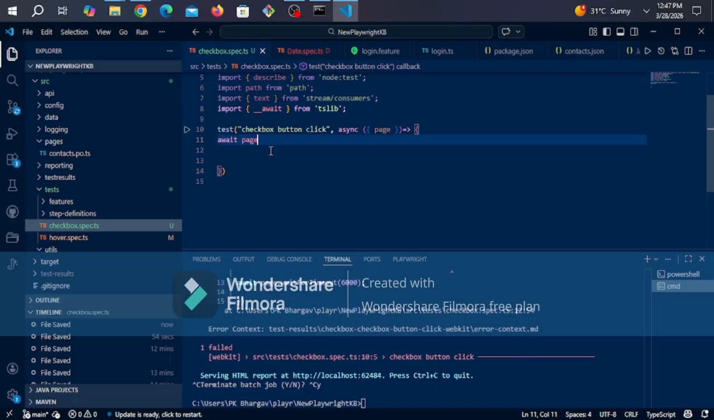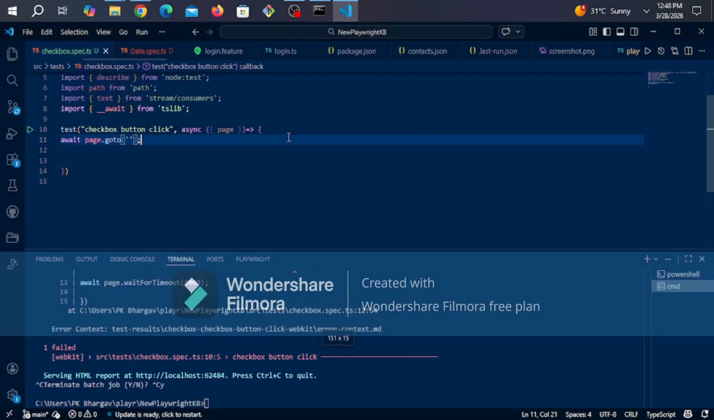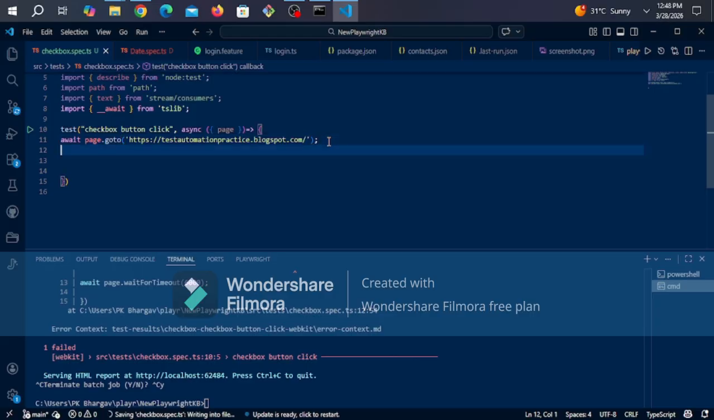Await page dot goto. I'm going to copy this URL into this. You can see I pasted the URL. Now I'm going to